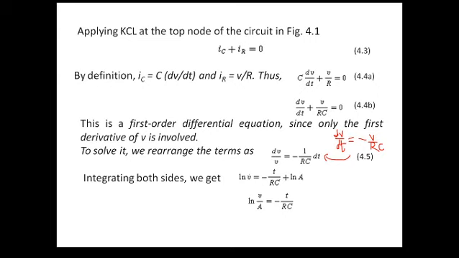So ln V, and if you are shifting this side, you will get ln V minus ln A equal to minus t by RC. By simplifying, ln (V by A) is equal to minus t by RC. It is nothing but ln V minus ln A. So here ln A is an integrating constant. For our convenience, we are taking it here. Otherwise, you can keep even a constant K or C, anything.